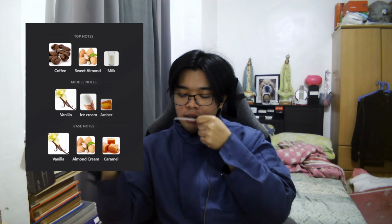So it's one of my go-tos when I'm going to a cafe or when I'm going to bed because I love coffee, dude. It's my vice in a bottle. Two of my vices in a bottle, which is perfumery and coffee. And check out the atomizer on this, woo, pressurized. So at the top you get coffee, sweet almond, and milk,